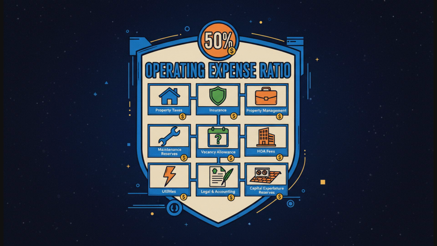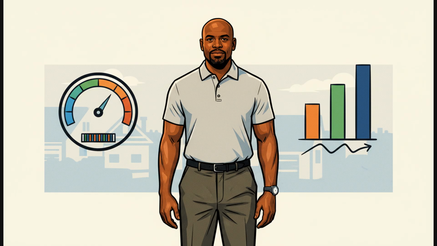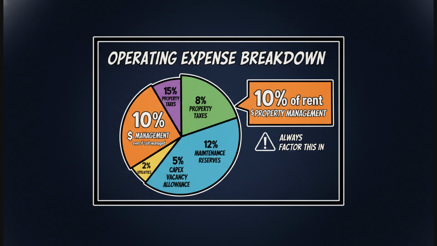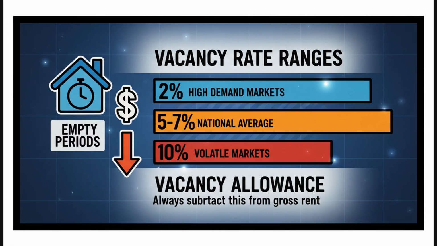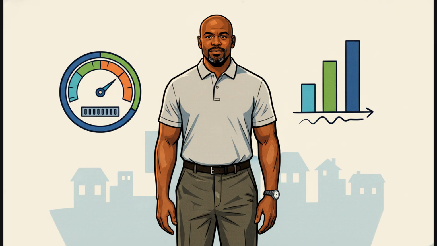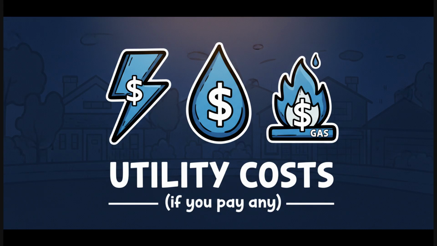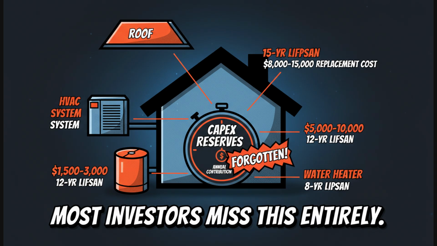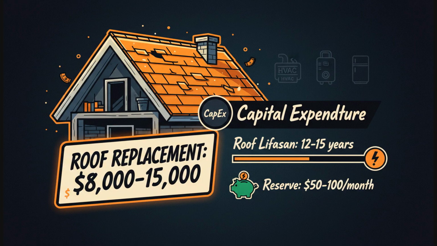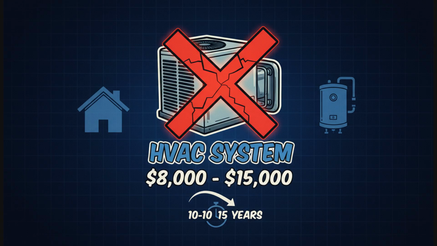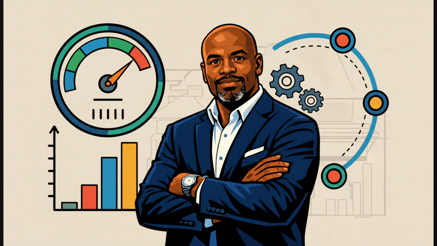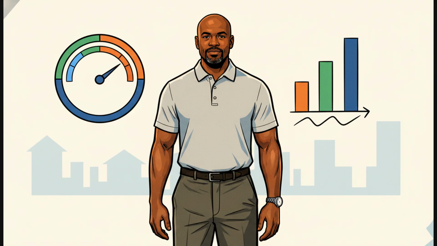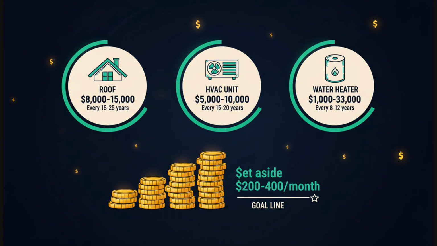Here is exactly what goes into operating expenses: property taxes, insurance, property management, even if you plan to self-manage, maintenance reserves, vacancy allowance, HOA fees if applicable, utilities if you pay any of them, legal and accounting fees. And here is the one most people forget: capital expenditure reserves. The roof will need replacing. The HVAC will die. The water heater will go. These are not monthly maintenance costs. These are big dollar items that happen every 5 to 15 years, and you need to be setting money aside